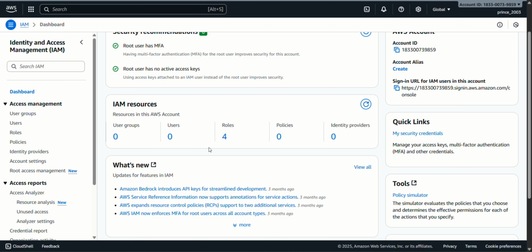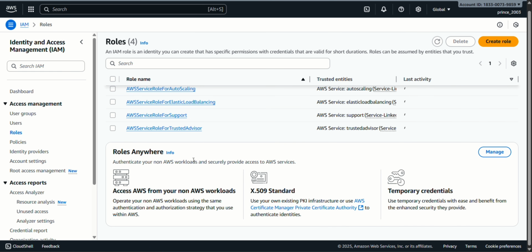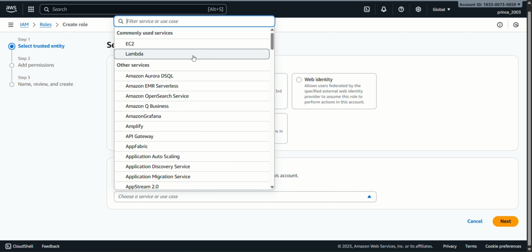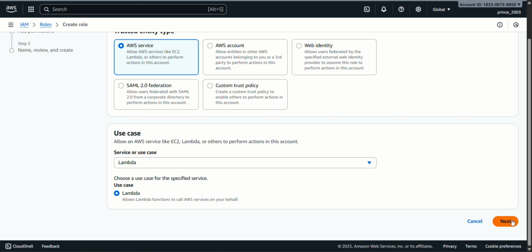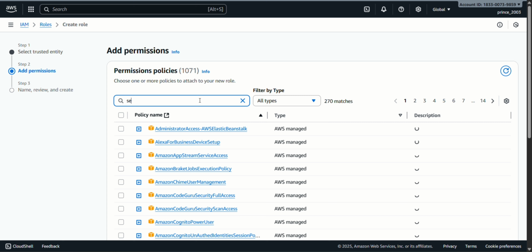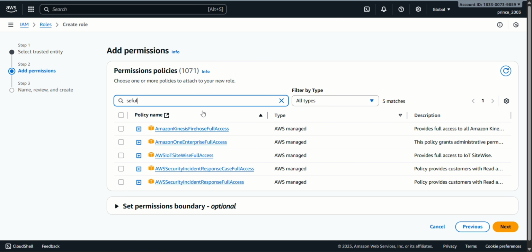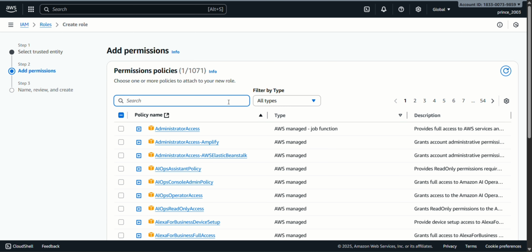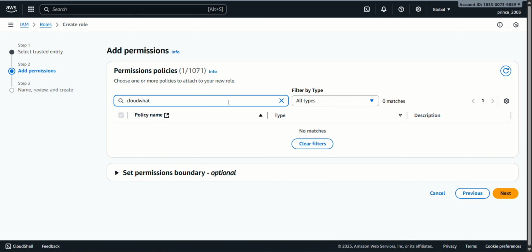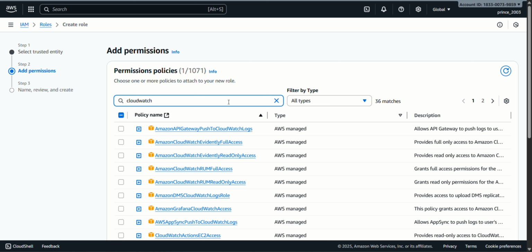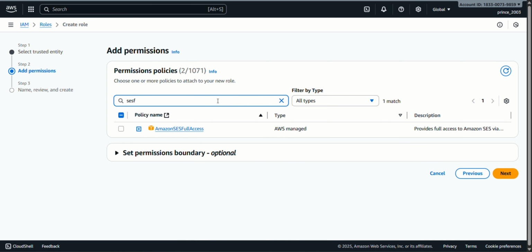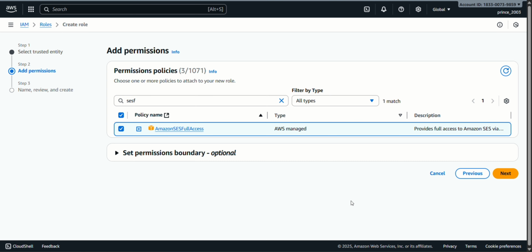then click on role, then click on create a role and then select as a default, and then select Lambda and then click on next and then select S3 full access. Then CloudWatch full access. And then simple email service full access, like search SES. You can select and click on next